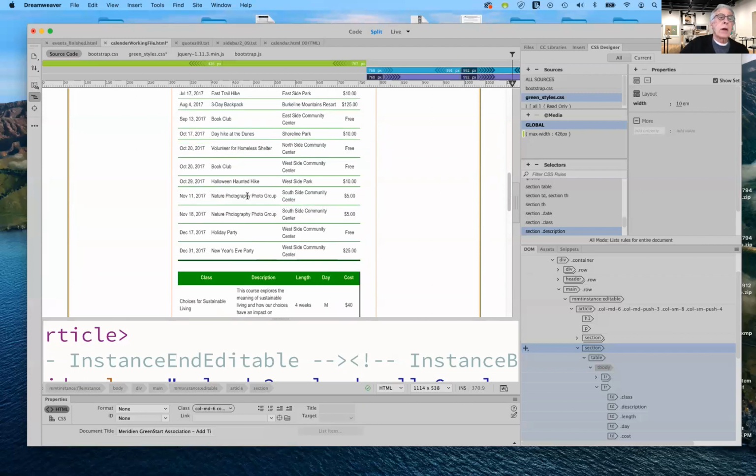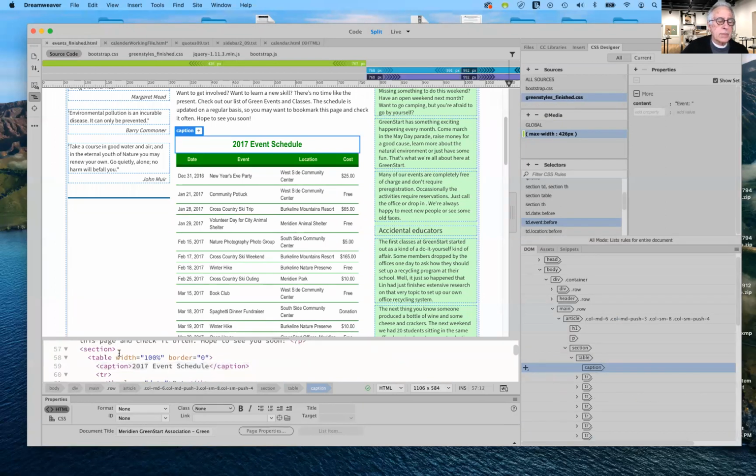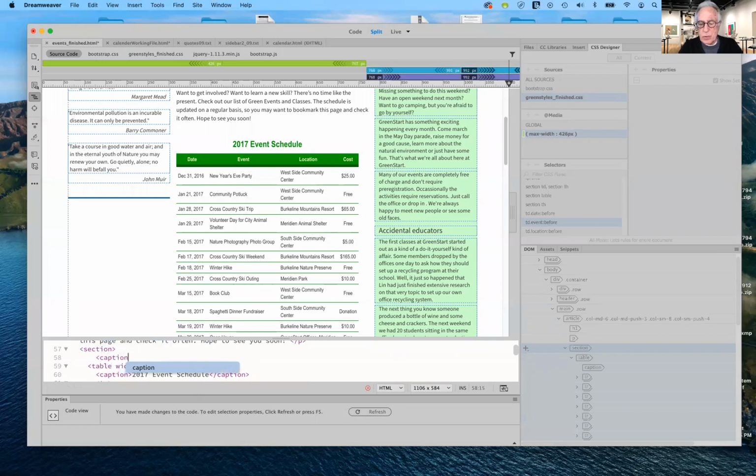So what a caption is, just to let you know, let's go to the finished one, is it's this one right here. It says 2017 event schedule. That's a caption. So we need to create a caption in here. So what I can do is come in here just before the table, and I can do this by hand. So I'm going to put in here caption, C-A-P-T-I-O-N, there's my opening tag. And I'm going to add a closing tag. And then in between that, I'm going to put,